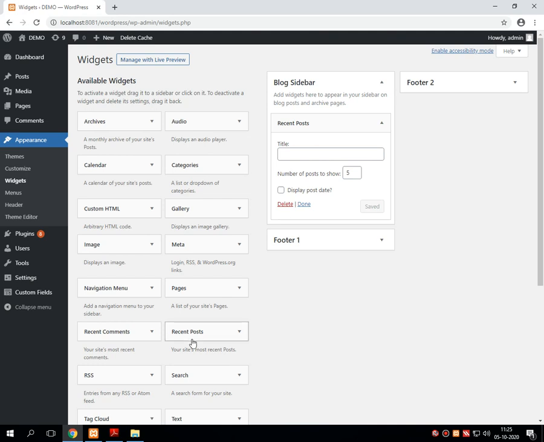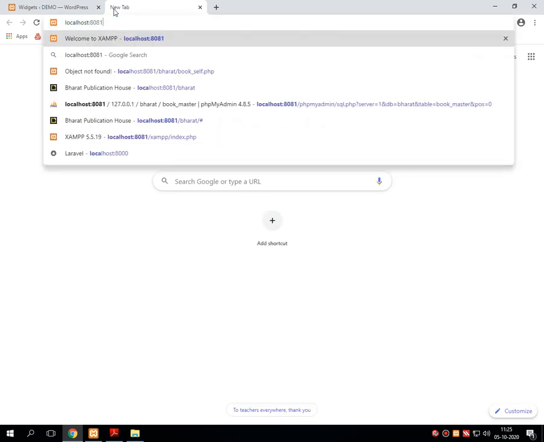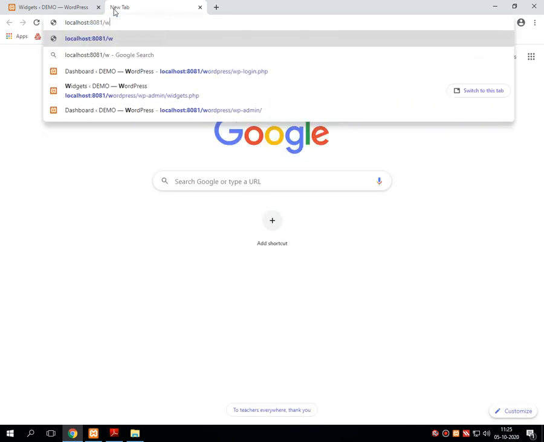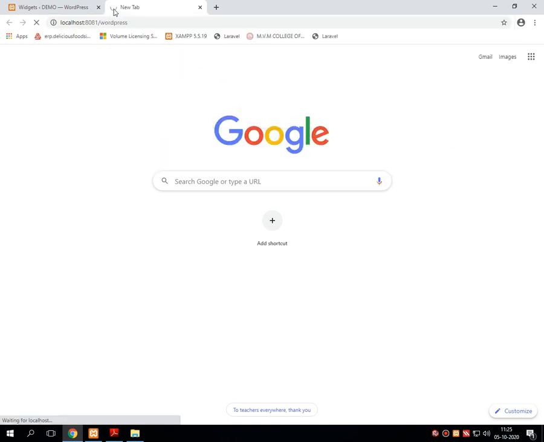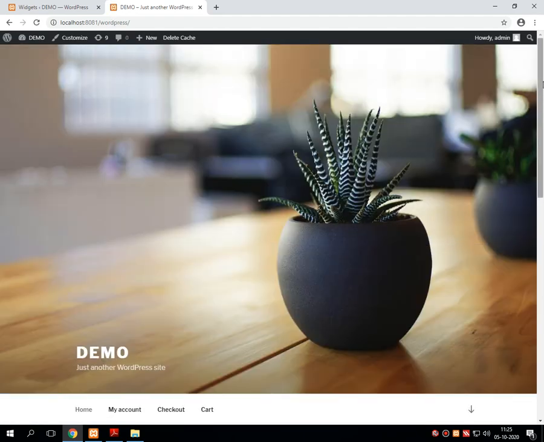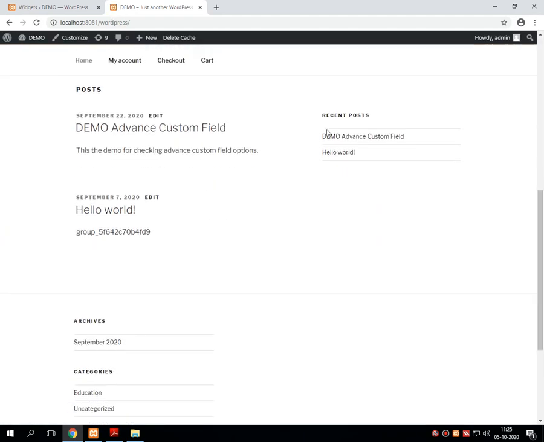After putting this recent post over the blog slider, I am executing the URL localhost 8081 WordPress. When it executes successfully, it shows you the recent post over the sidebar. Let me remove this recent post once again and show you how to put it over that particular place.